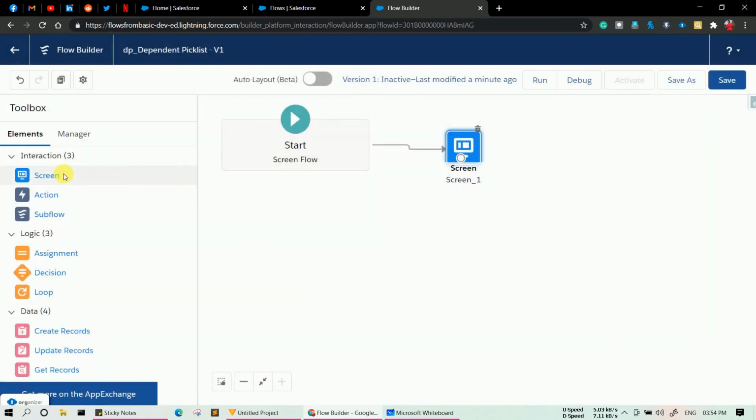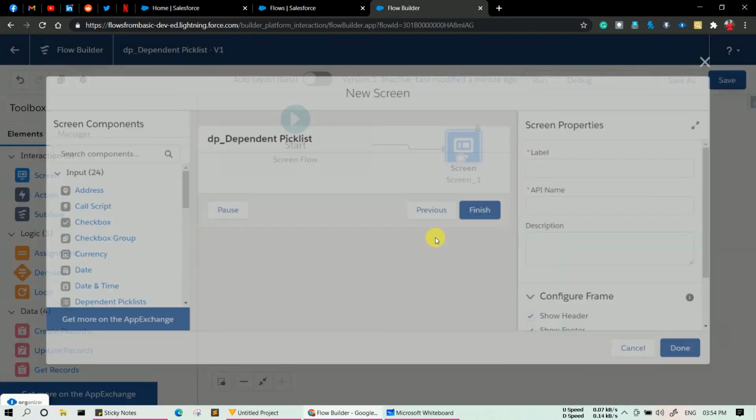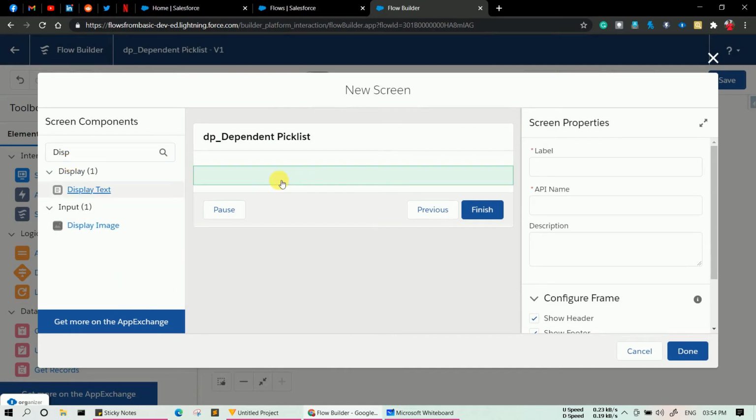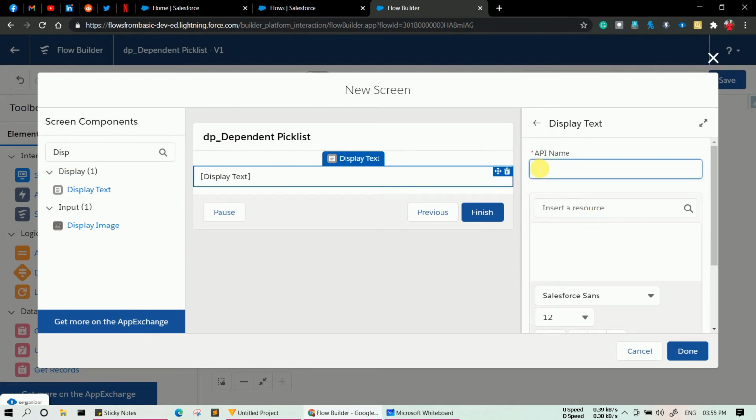Now what I want is to display these two selected values over there. So for that I need a display text. Let's drag and drop a display text over there and provide a name, let's say DP selected values.